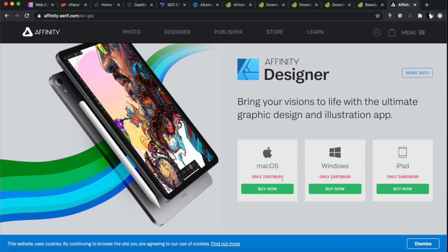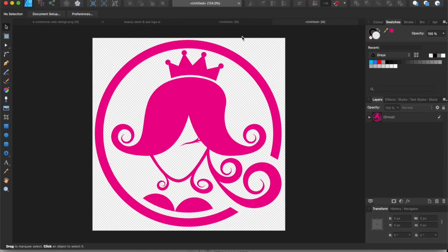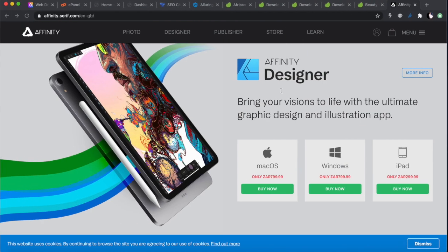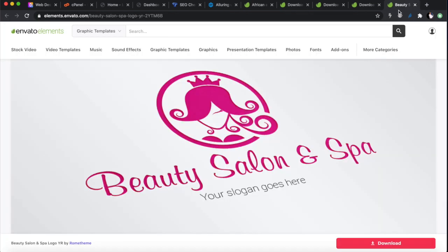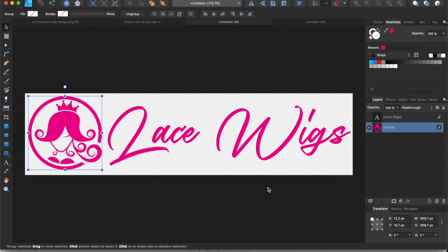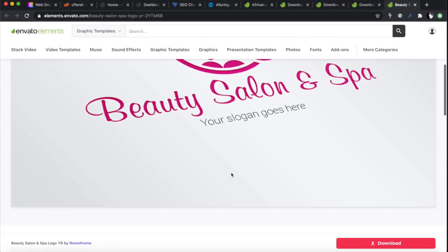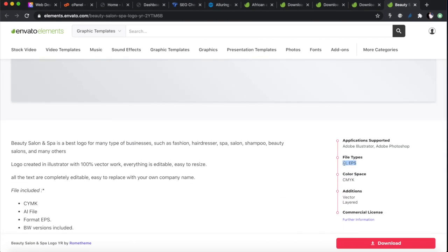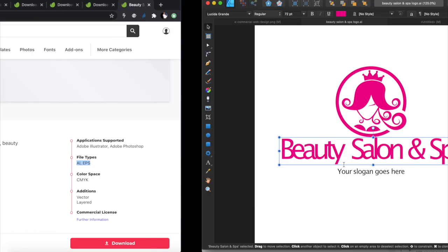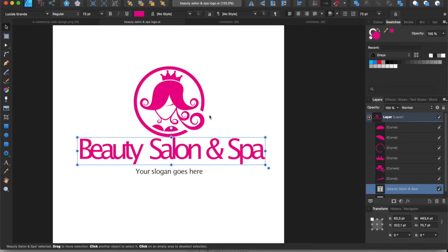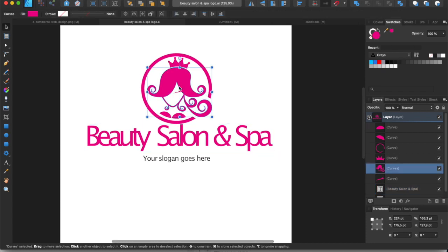I paid it. All right, so this is my graphic, this is my Affinity Designer. So what I did is that I then went, I'm going to close this, and then I downloaded this. All right, then I opened it. This is what the file looks like. I opened the AI file. They've got AI or EPS. Okay, so I opened the AI version, which is sort of like an Adobe Illustrator file type. Okay, but you can open it on Affinity. So it looks like this, and you can edit this.